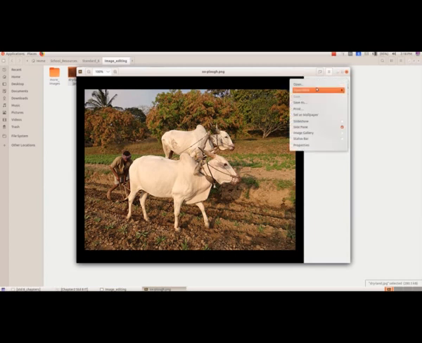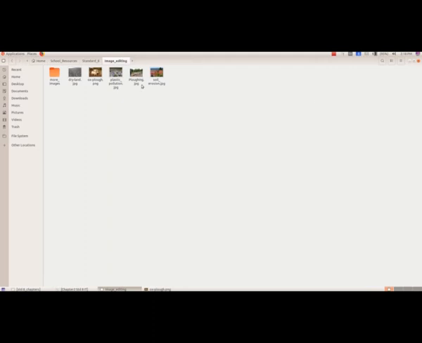Here we have open with, save, print, set as, wallpaper, slideshow, side pane, image gallery, status bar, properties. So these things we have. So that is the first one.